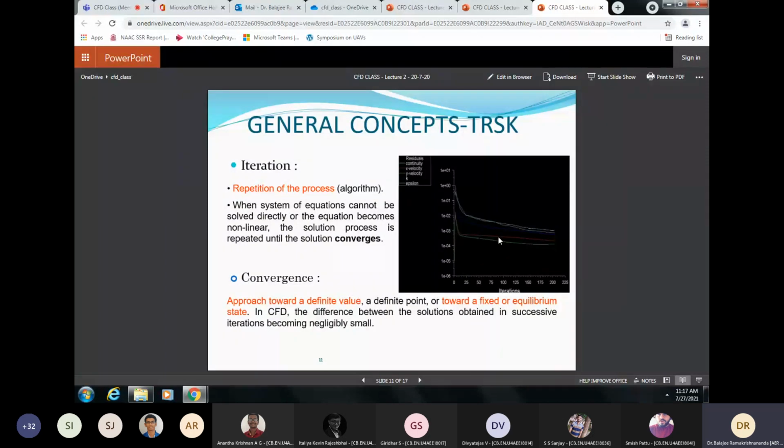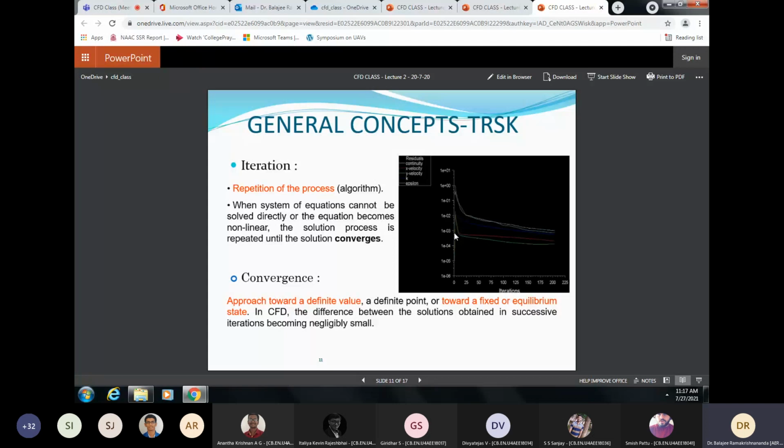Now, if you assume wrong values, they won't become 0. You get some other number on the right hand side. That number is known as the residual. Now, all these will denote those numbers, scaled by the first iteration, what is the number you are getting. For five equations, you have five such graphs.